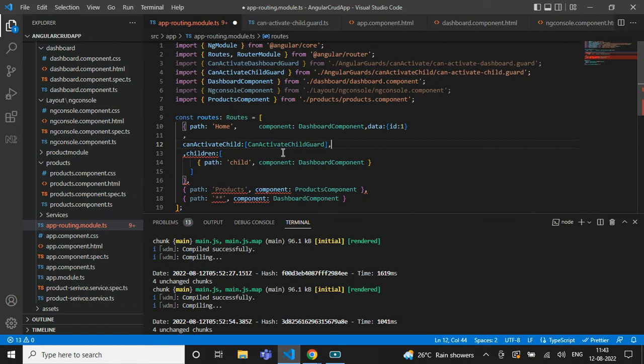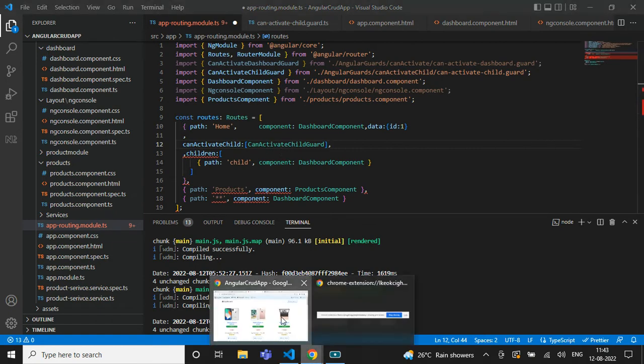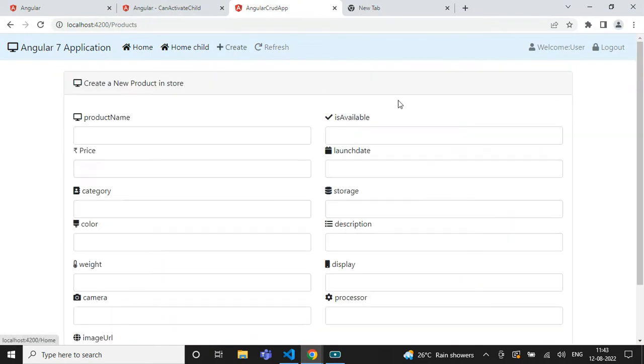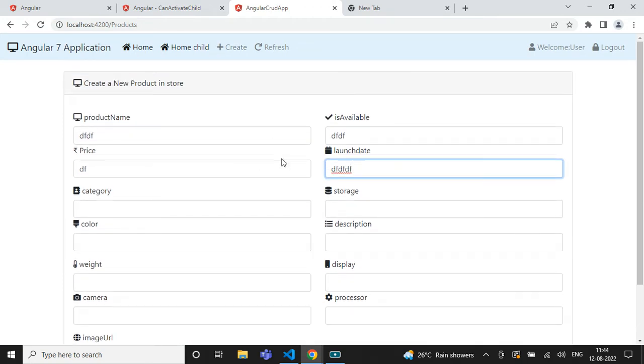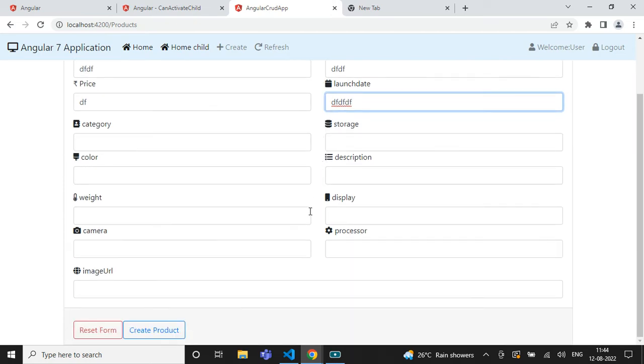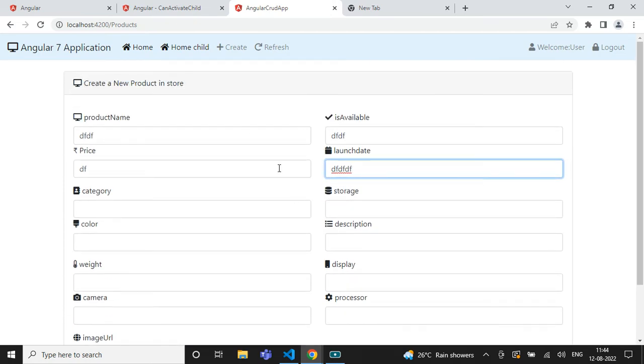Let's say you are working on this form, okay, this is create form, and you have filled in all the data, and by mistake you have clicked on any particular router link, you are leaving the page. That time there is a possibility that the user may lose whatever data they have entered in the form. So preventing that, we can use can deactivate child guard,